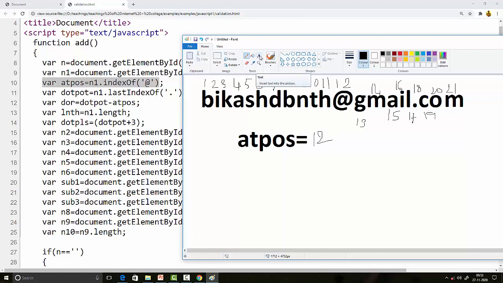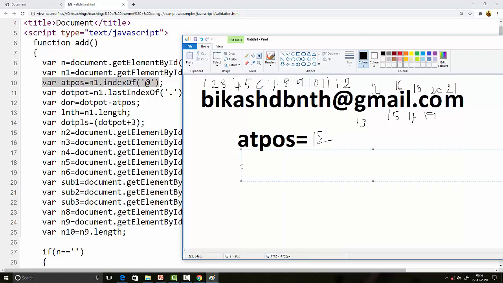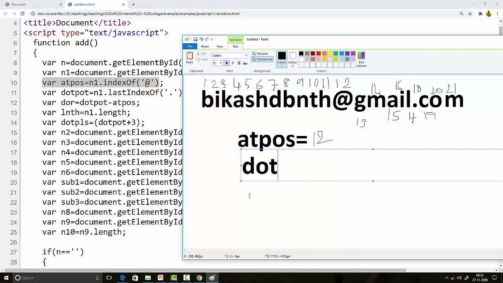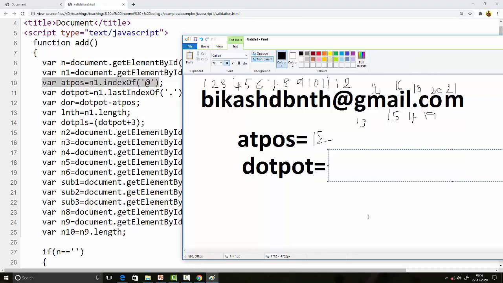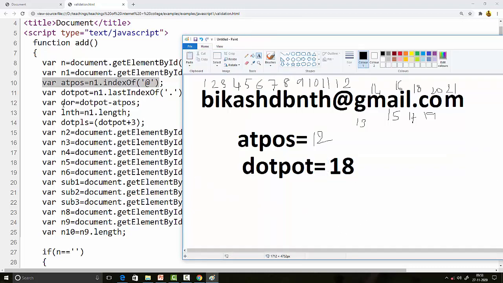Now again we are getting at pos and dot pos. These are the names given to the variables. Dot pos means the last index of the dot, where the dot is given. If this is 16, 17, 18, so the 18th position, this is just a mathematical calculation.